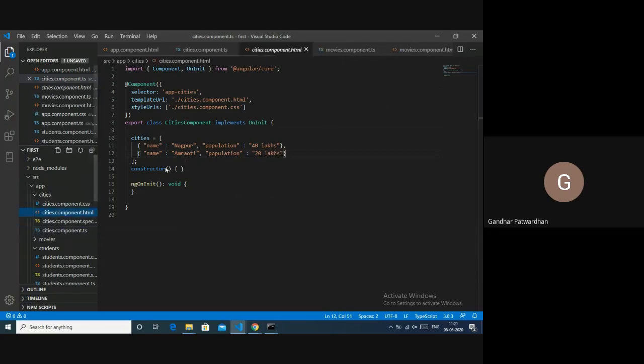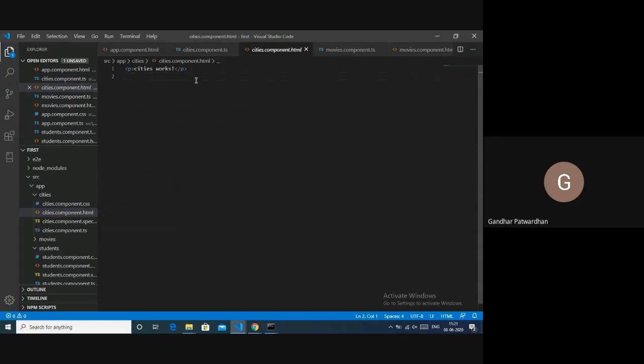And in my HTML, I'll remove this, then I'll use a div. Inside I'll give *ngFor equals to let c of cities.